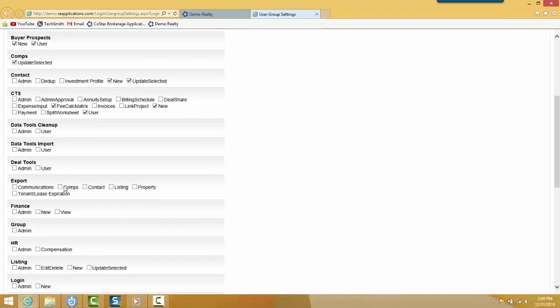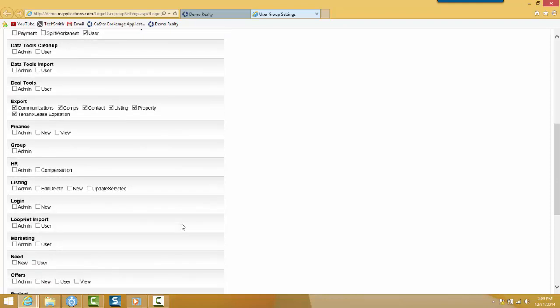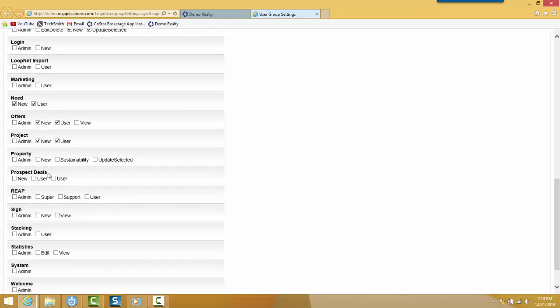Under Export, a broker should be allowed to have access to export all records, which would, again, only give them access to the records that they already have permissions to, but they can export them. Under Listing, New, Update Selected, Need, New and User, Offers, New and User, Project, New and User, Property New, Sustainability, and Update Selected,